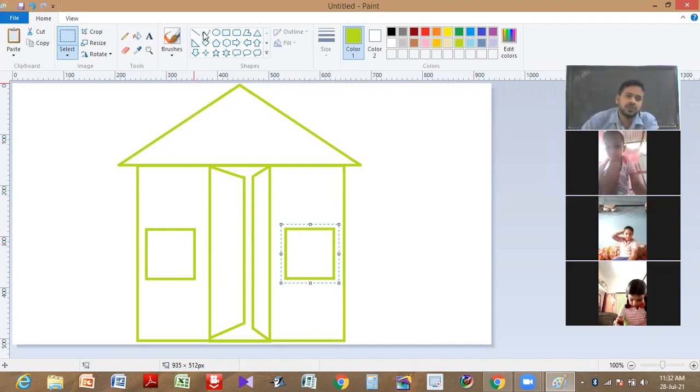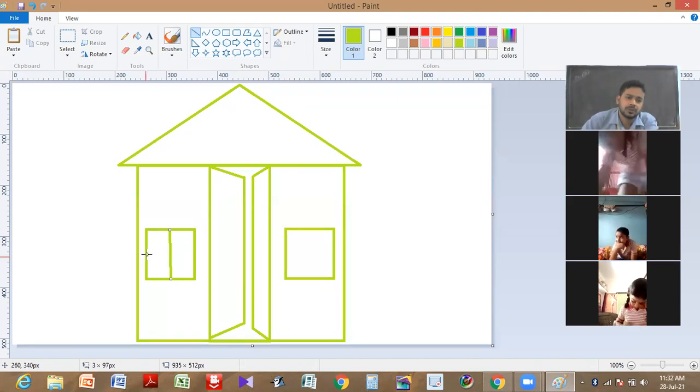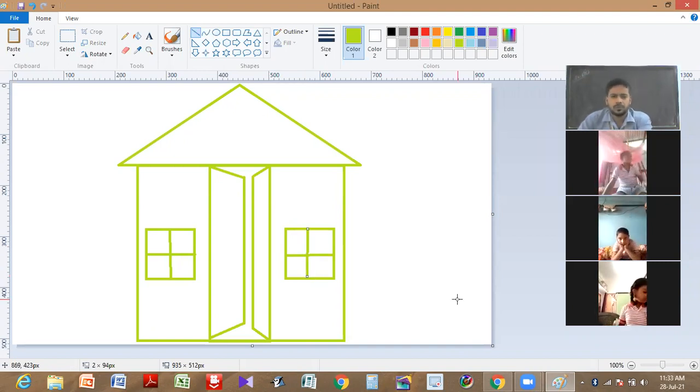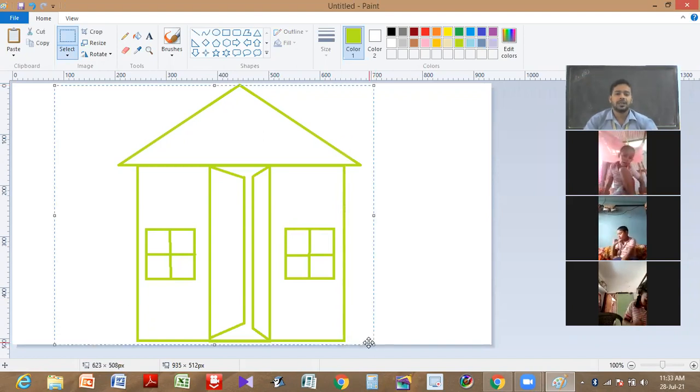Now, if you wish, you can draw even more. You can draw even more. See, you make a part of it. Then make part of this window. Okay, so it almost looks like a home, isn't it? Now, if you want to make it colored or any other thing, go to the selection bar. Now, after going to the selection bar, you select it, and then you can make it small also. This one you can make small also.